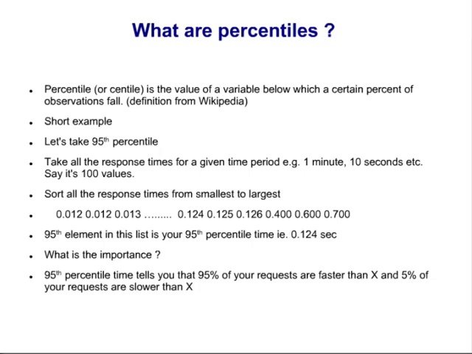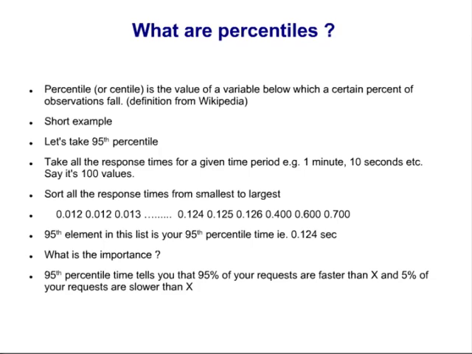We'll sort all the values from smallest to largest, and then we'll look for the 95th element in this list. In this particular case, the 95th percentile is 0.1, or 124 milliseconds. What this tells you is that 95% of your requests are faster than 124 milliseconds,